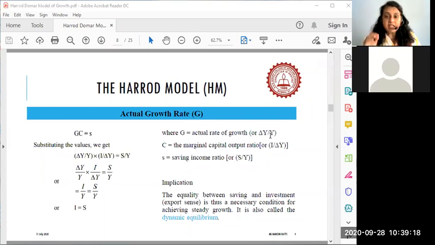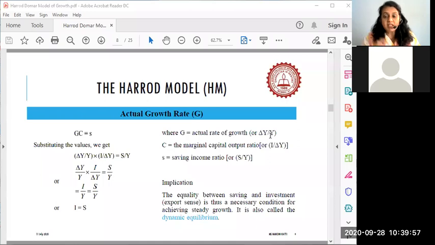Let us say, for example, if the Indian economy moves from 6.8 to 7.2, then 6.8 is your denominator, Y, and 7.2 is your numerator, and the difference between the two that you get is going to be G. So in a matter of 1 year, from 6.8 to 7.2, the Indian economy has actually grown by this much percentage. And I have also mentioned over there C. Now what is C? C is equal to the marginal capital output ratio, or I upon delta Y.